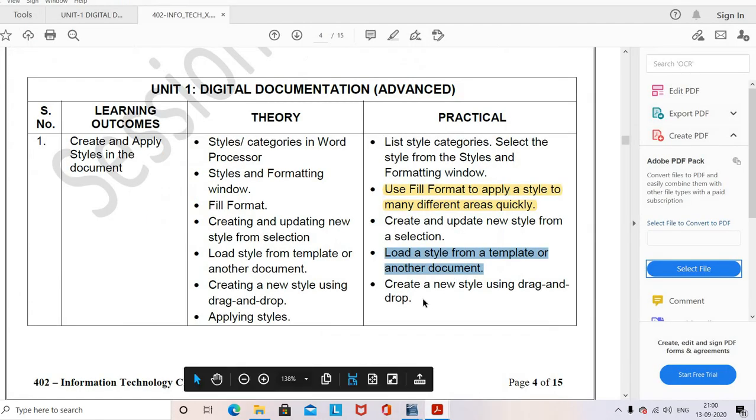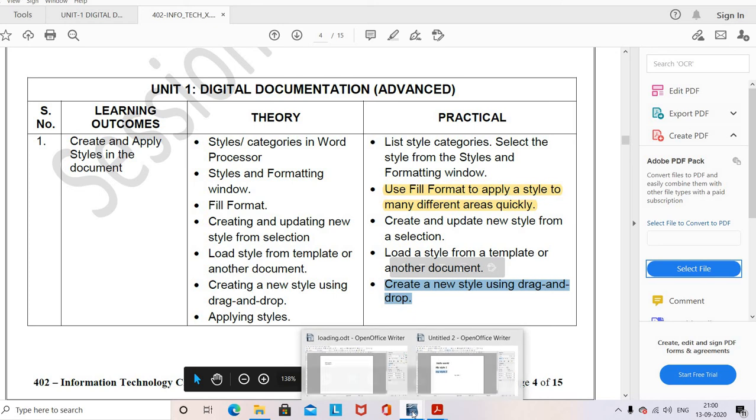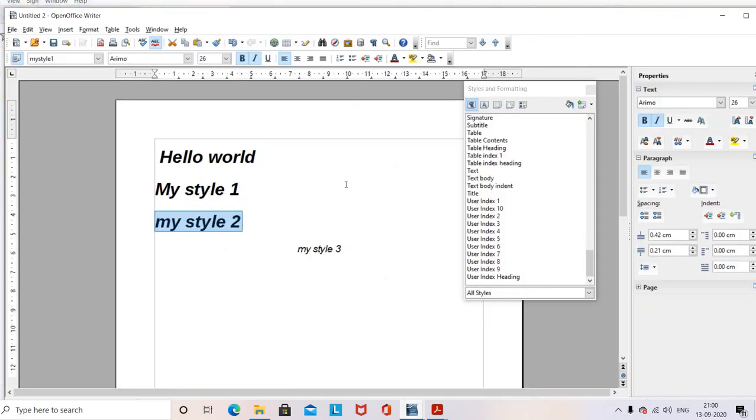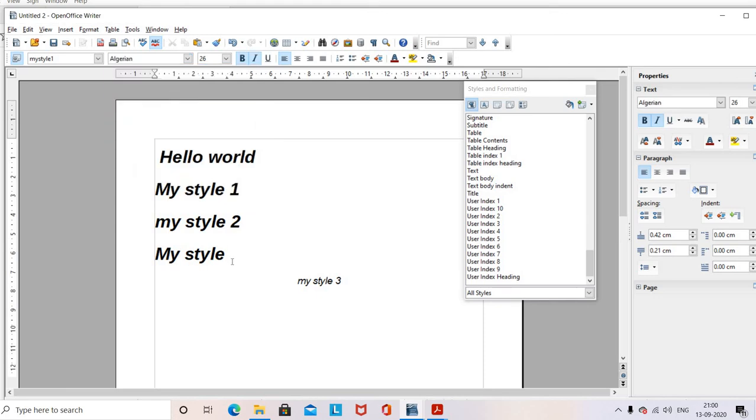Then the fifth option is create a new style using the drag and drop option. So what is the drag and drop option? I'm writing a new word, my style, selecting this option, changing my font size also, and making it centered.